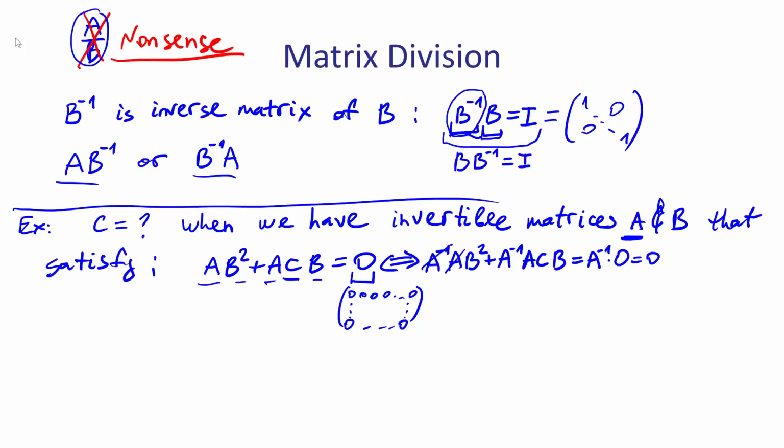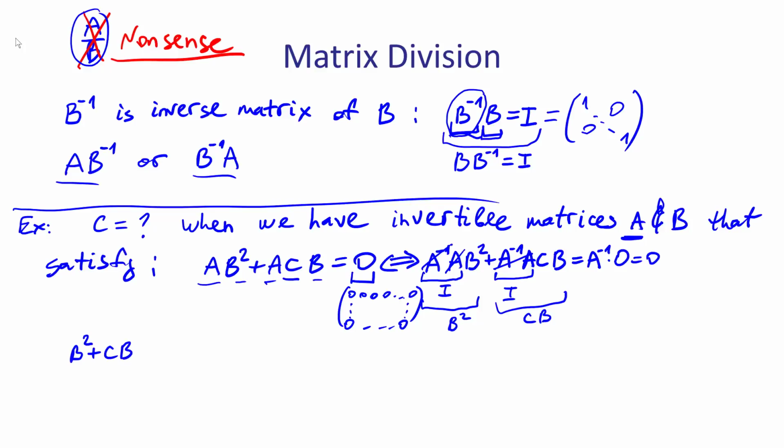Those things are cancelled because this thing is I, and I multiplied by anything is that second matrix. The same thing here. This part is I. So I multiplied by B squared is B squared. So that entire thing is B squared. And that entire thing is CB. So let's rewrite it. We get B squared